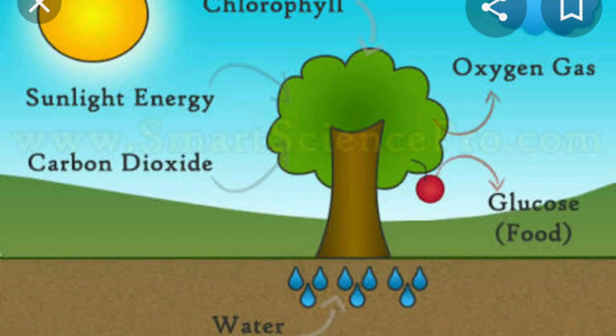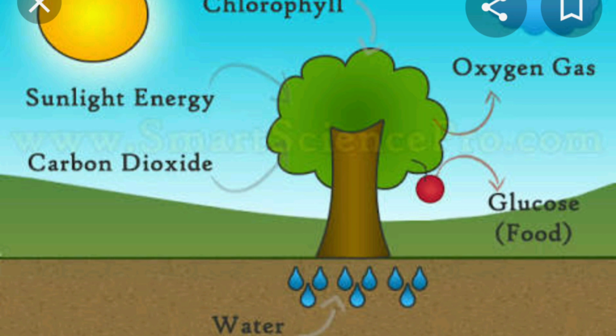There is another picture for you. We understand from the picture that they need water. How do they get water? By absorbing through roots. This water also contains minerals. They need carbon dioxide. How do they get carbon dioxide? This carbon dioxide is absorbed through the minute pores in leaves. Okay. Then, what is the next thing? They need